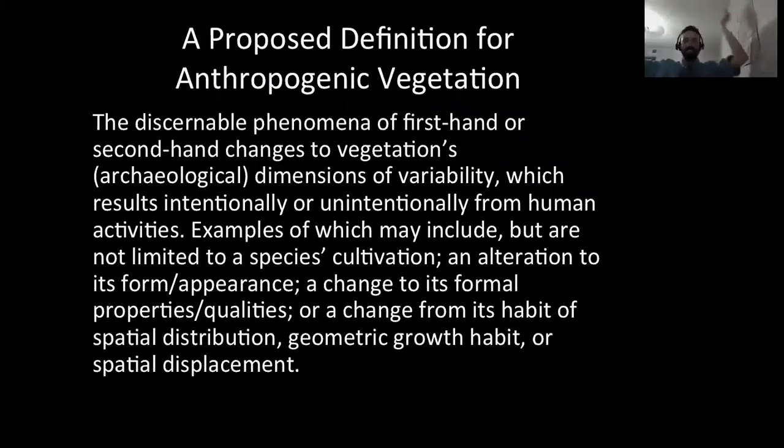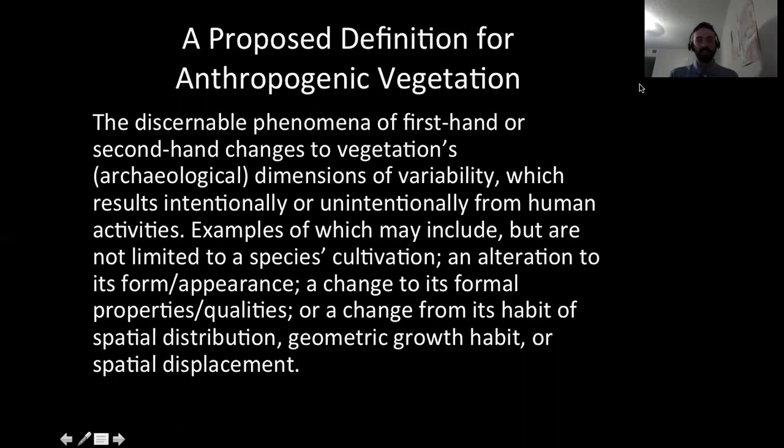So lastly, I propose my own definition for anthropogenic vegetation. It is a little bit of a mouthful, but I feel like it's a little bit more pinned down than what we had to work with before. I'd consider it the discernible phenomena of first-hand or second-hand changes to vegetation's dimensions of variability, a term I'm borrowing from behavioral archaeology, which results intentionally or unintentionally